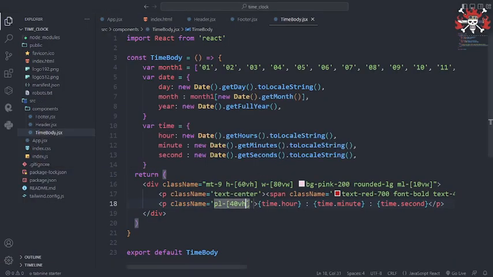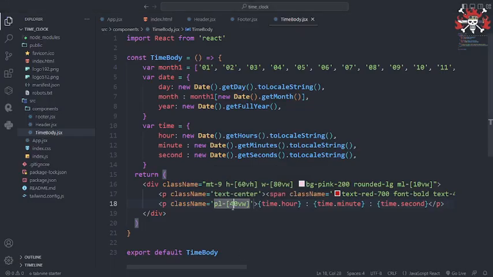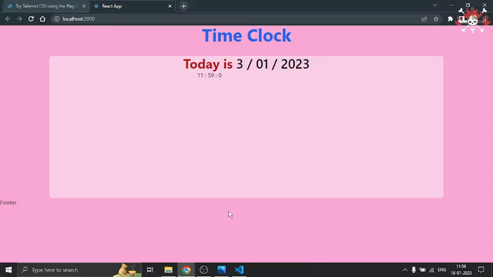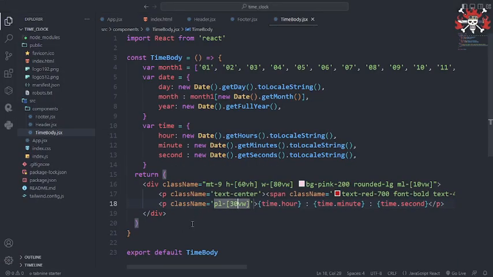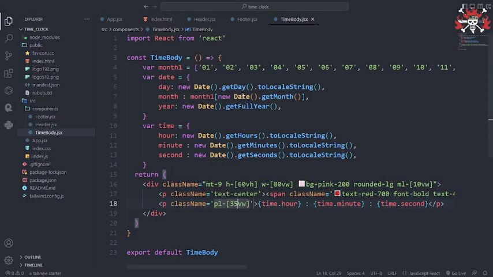No, it's 40 VW. Sorry, it's 40 VW. I think it will come to the center. PL is 30 VH. Okay, we can play with the style here. And tab. Okay, here it came to the center, and in the